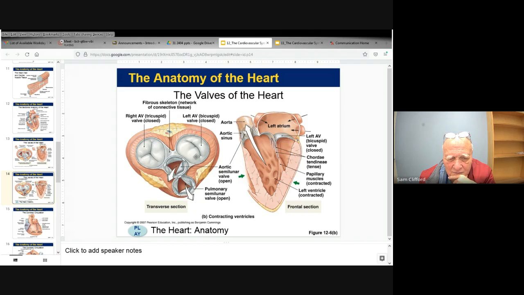Okay, we'll have here the bicuspid separates the left atrium from the left ventricle. This is called the bicuspid. This is called the tricuspid. This has 3 cusps, and bicuspid has 2. So these chordae tendineae are connected to the valve so that when the ventricles contract, the flaps don't move up and are buffeted or pushed around by the blood coming out of the